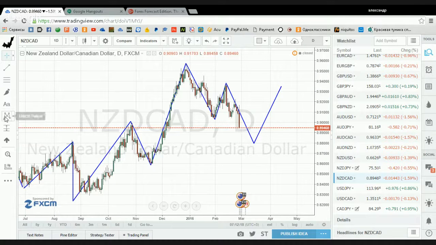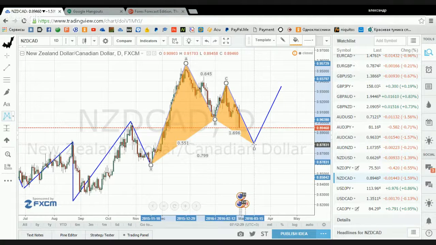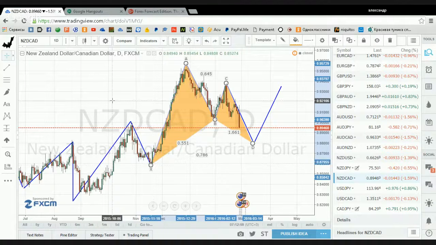This is what I did. There is a special tool to draw them that automatically shows the ratios. This ratio is 551, that is greater than 382. This ratio B2C is 645, that is greater than 382. And this D point is 786. So here is my entry. Okay,